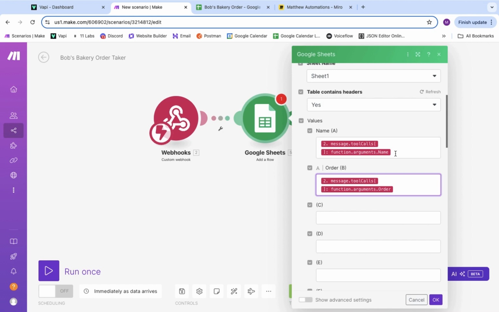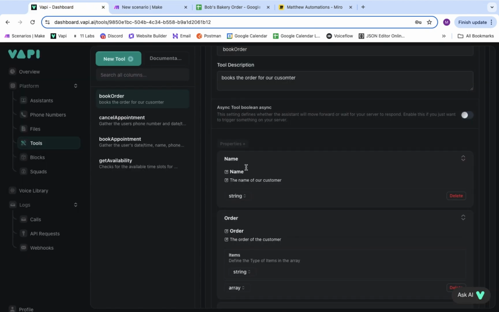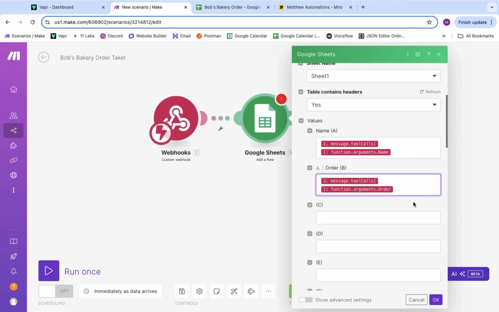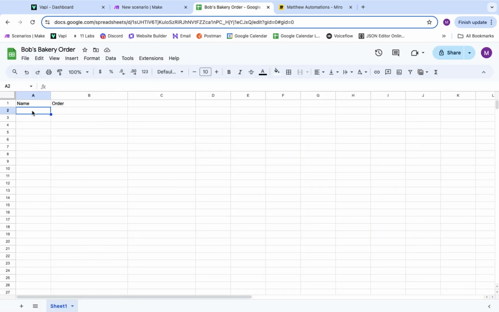So now we see here we have our 2 properties of name and order. So when our Vapi assistant collects the name and the order, it will upload it dynamically into this text field, which will be uploaded dynamically into our name and order section